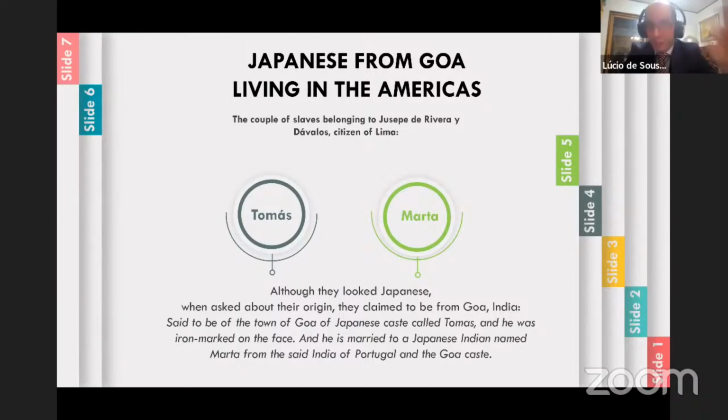First they belonged to a man called Giuseppe de Rivera. Giuseppe is clearly an Italian name, not José in Spanish or Portuguese. De Rivera is Spanish, so probably he's half Italian, half Spanish. He is a citizen of the city of Lima, so a very wealthy individual. And he had, in this census, a couple of slaves that were working for him: the male one, Thomas, and the female one, Martha. They were married, and they looked Japanese. They presented themselves as Japanese, but they